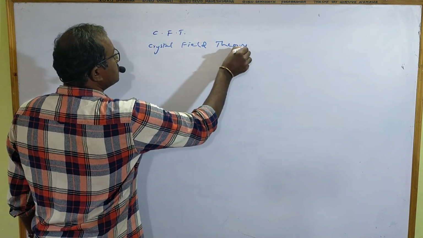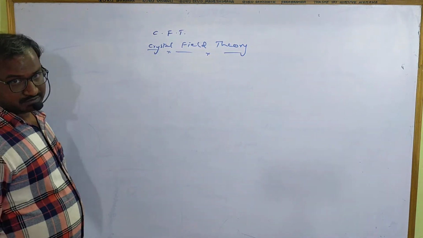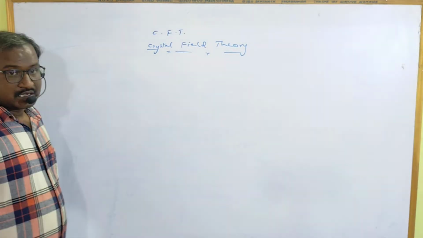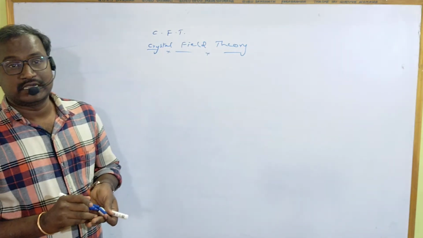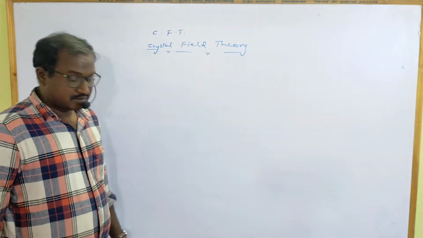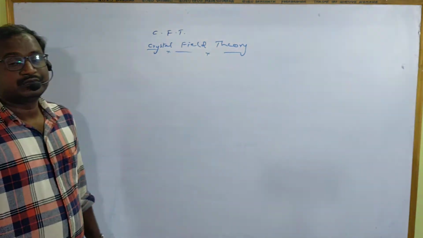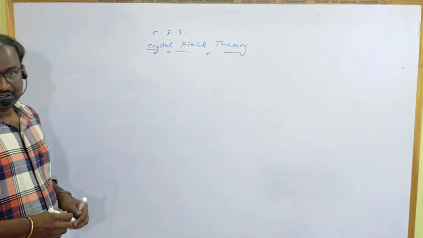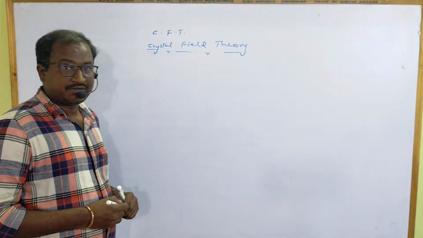It is the most important theory, and a complicated theory for most students to understand. The main complication is how to fill up the electrons after splitting up the d orbital. That is very important for everybody to understand. So today I am going to explain how the d orbital will split, what is the procedure to fill the electrons, and what the crystal field stabilization energy is. All these things let me discuss.